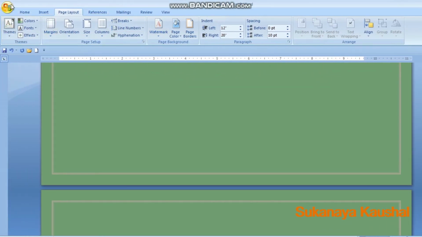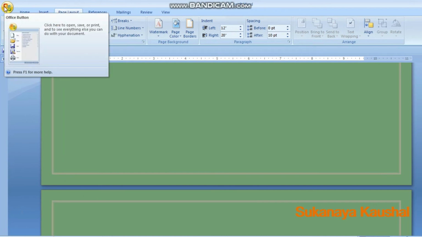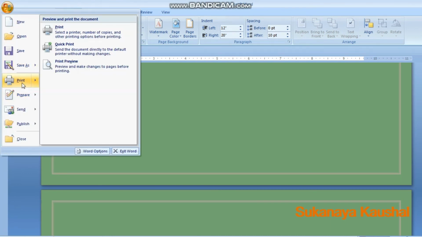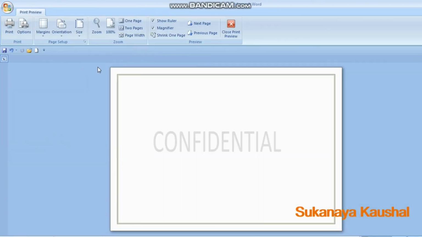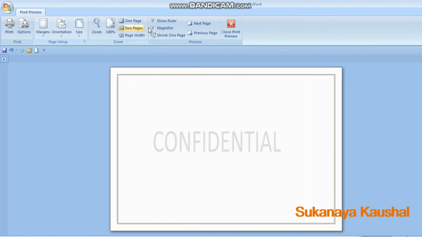About the page layout. And next, on the left, there is one thing about page printing. So how does it happen with the Office button? You can click and print it. Before printing, you can check the print preview. If you want to take a printout and check whether the print preview is good before printing, how it is going to be visible in your page. So it's just checking, or you can change the setting from here as well. Otherwise you can directly print from here.